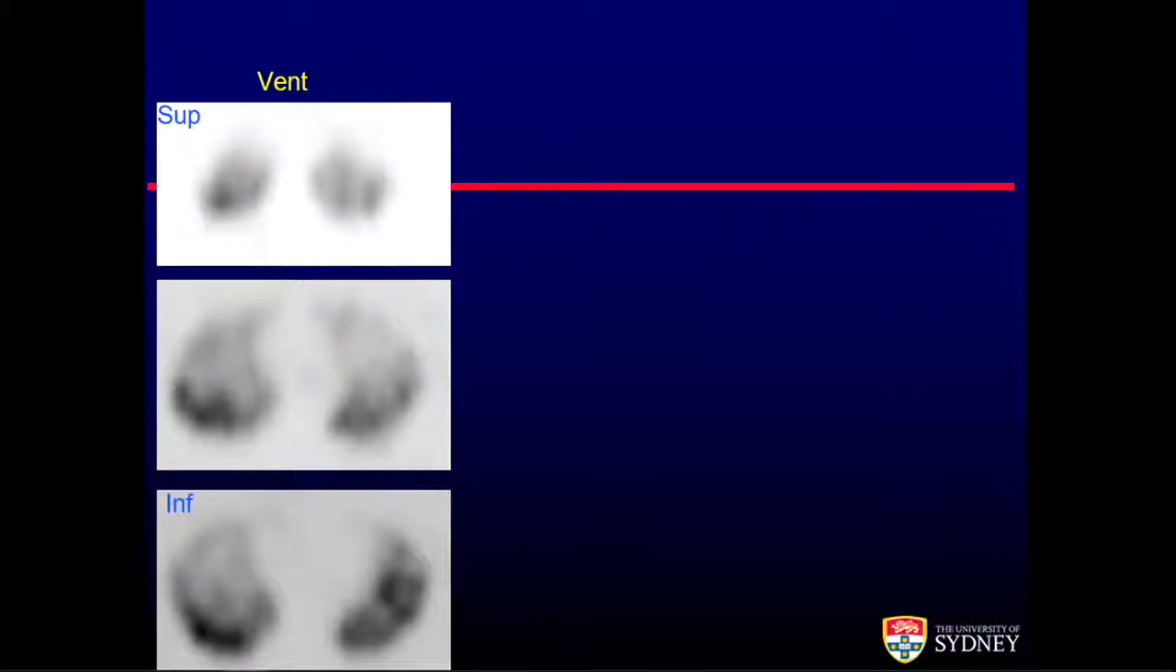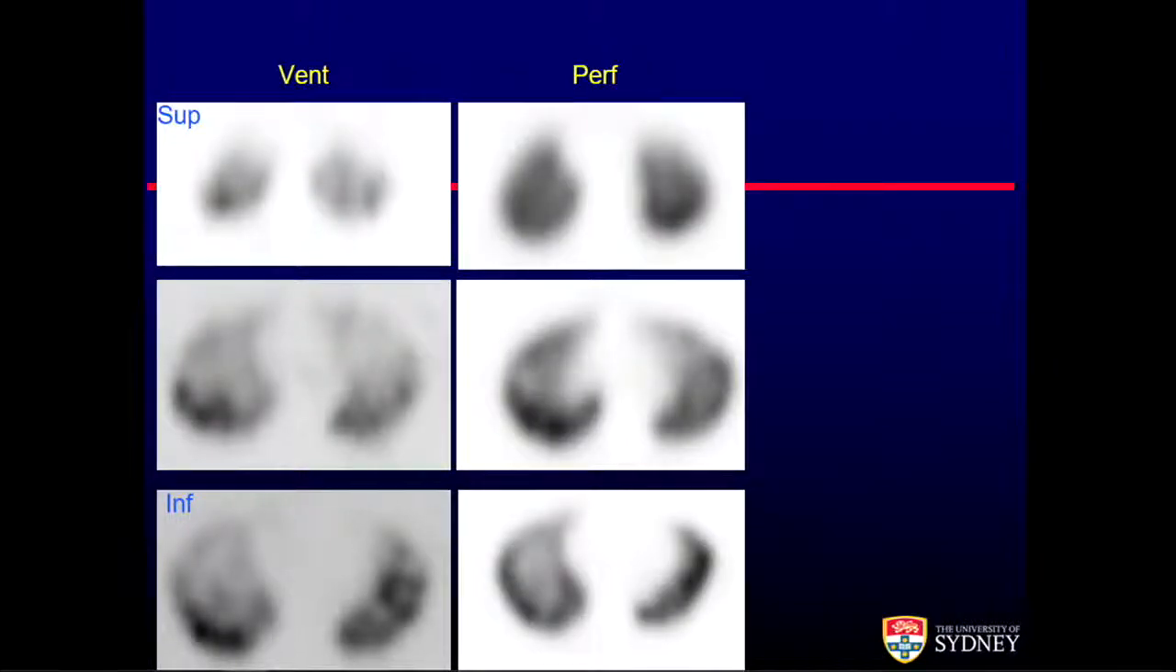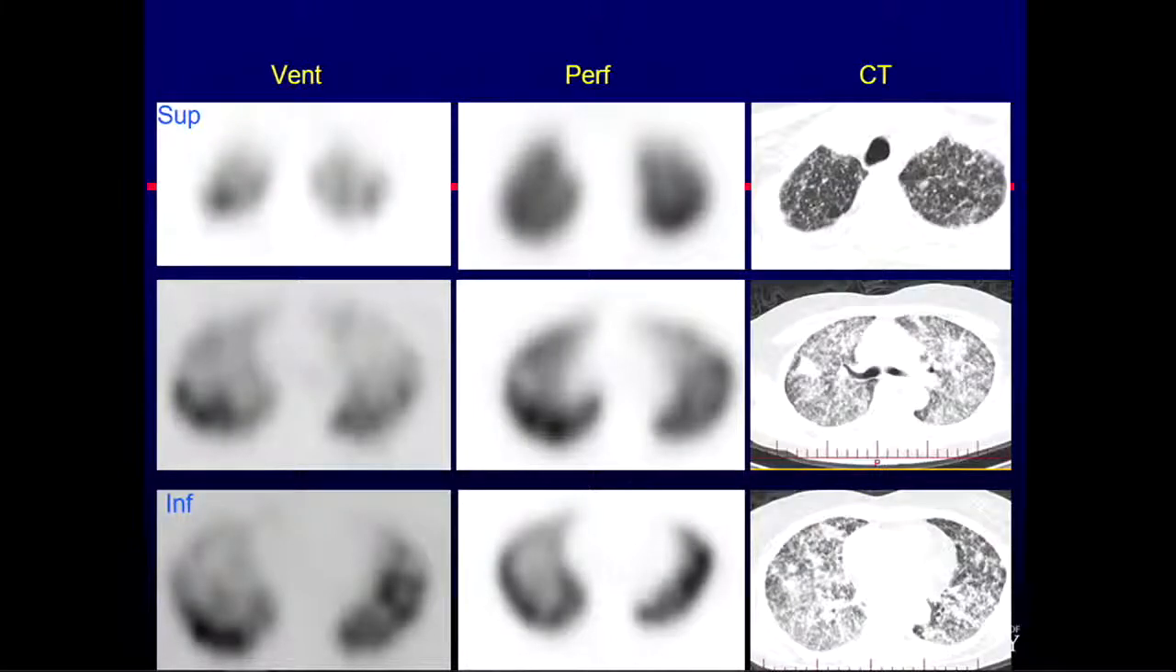So anyhow, the ventilation scan is a bit patchy, as you'd expect. What's the perfusion going to look like? Is it going to be horrendous? You know, it's actually a good quality study. So even though the CT looks so terrible, the VQ SPECT was in fact highly diagnostic in this case. So this was a case of